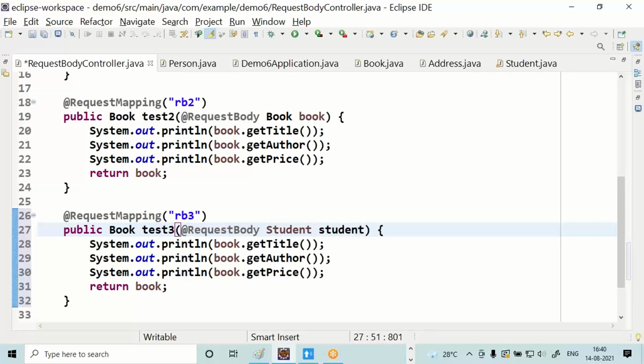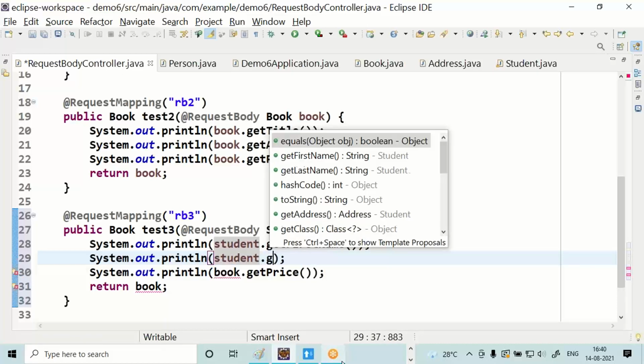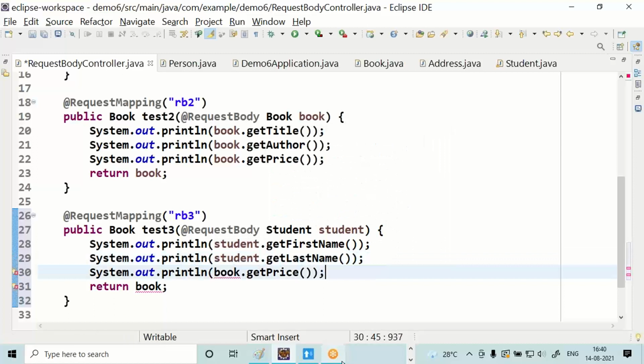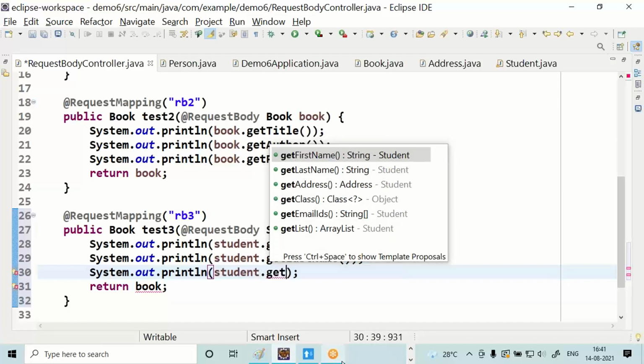Get the student. Get first name. Student dot get last name. Student dot get list, there is an array list.